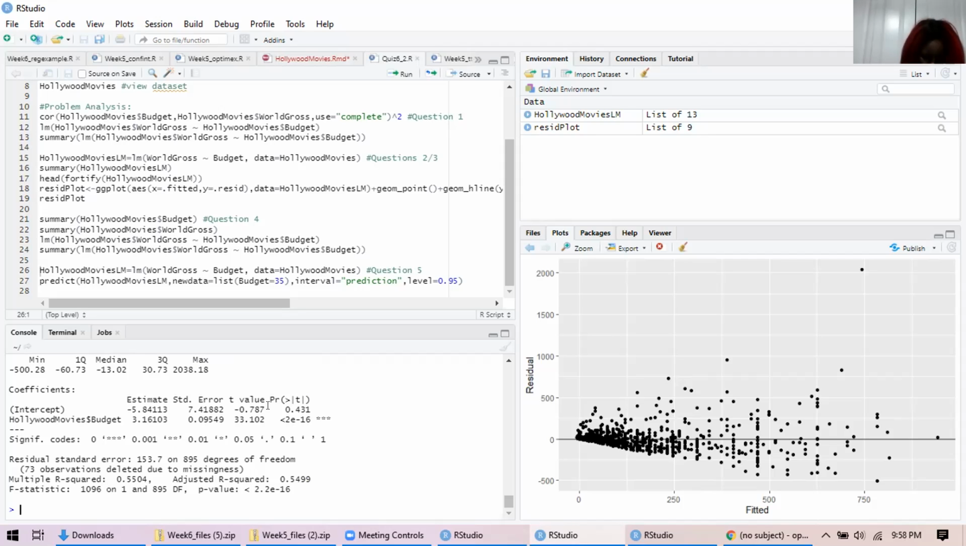Suppose the budget for a movie was 35 million. What is the predicted world gross in millions? I recommend you use the predict function for the practice, but you can check your work quite easily. Report your answer to 2 decimal places. This one's not that bad. So if you run line number 27,